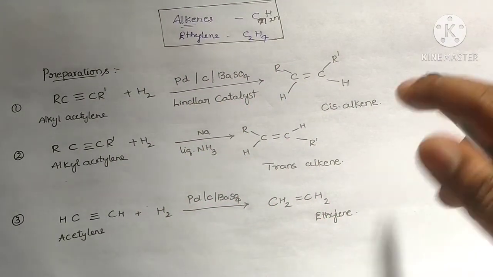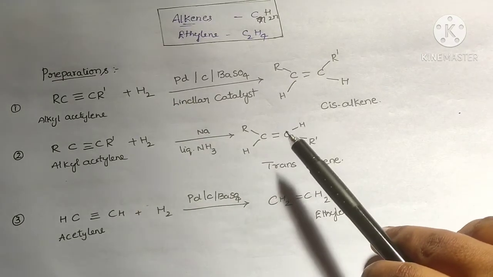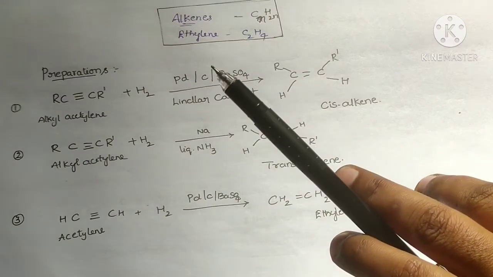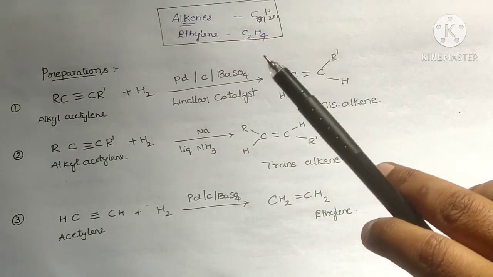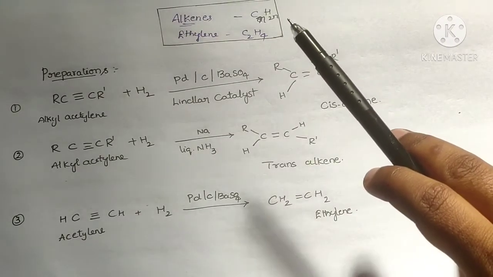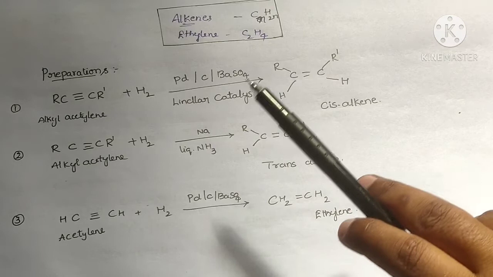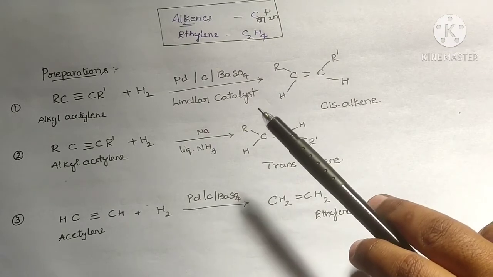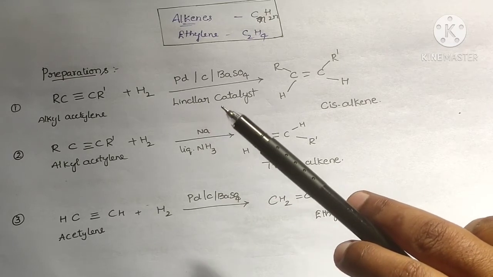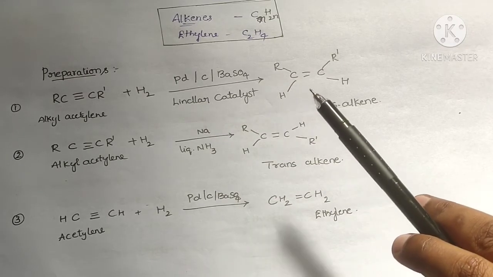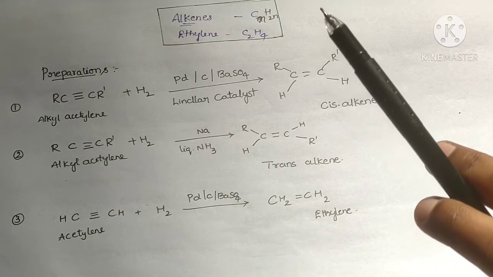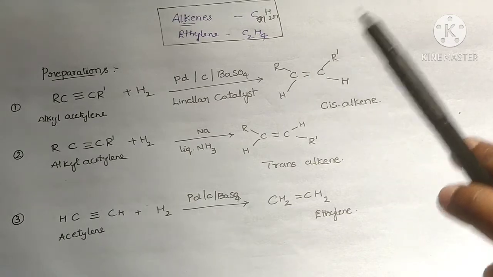Today's topic is preparations and properties of alkenes. What are alkenes? The alkenes are organic compounds. The general formula for the alkenes is CnH2n. Now ethylene is C2H4. In this session we can understand the concepts of preparations and properties of alkenes. So first you take rough notes, and then listen and then write the equations.